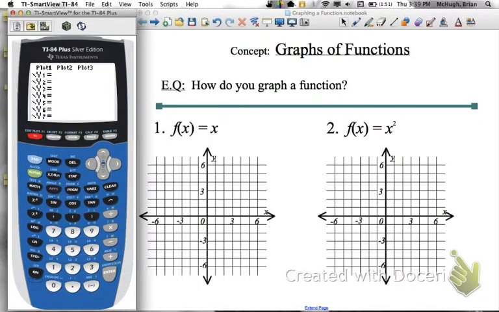Now if there's any equations already in your calculator, maybe you're borrowing a calculator that someone else is using, you want to clear them out with the clear button, which is located right here. So go ahead and hit that. Once the calculator's y equals is clear, then you're going to enter our equation, which is just y equals x,